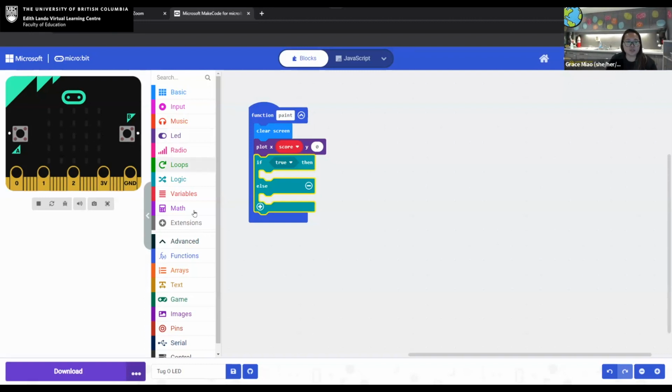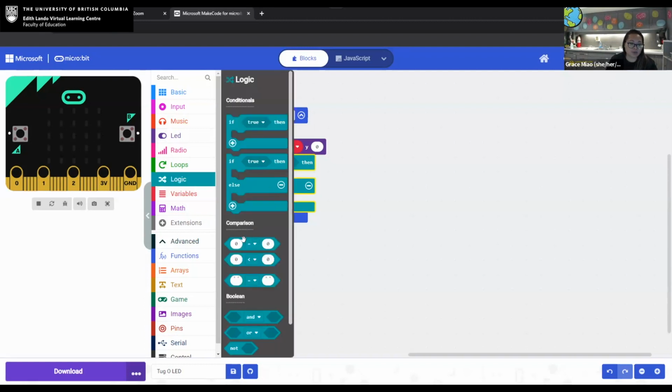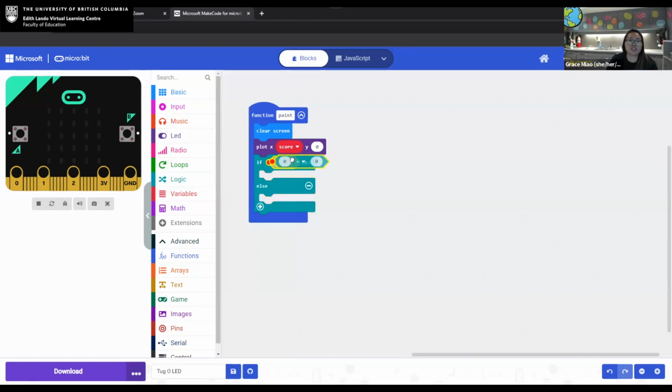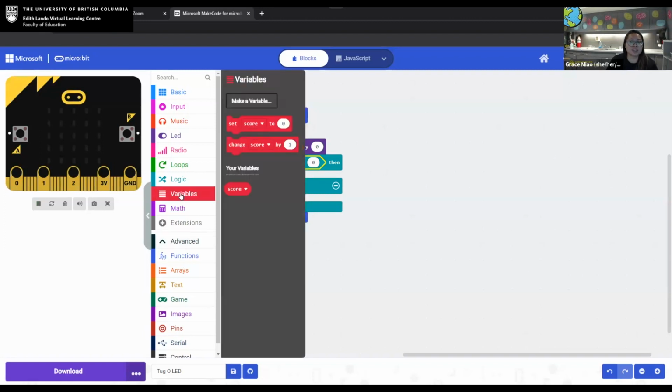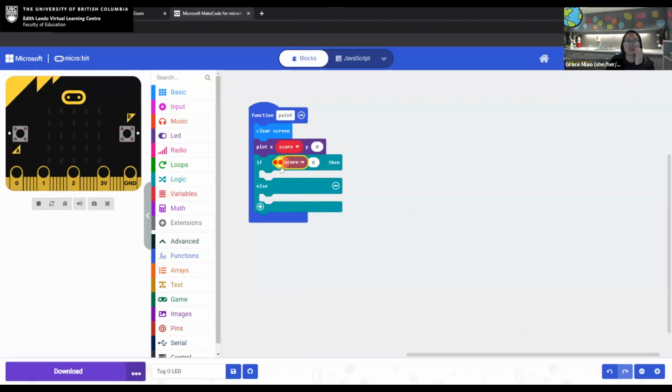So what we're going to do is we're going to go back into logic and grab one of these comparison blocks. 0 equals to 0. So drag that and it should fit right into there. Notice that this shape, this kind of diamond shape, fits in perfectly right there. Just snap that in. So right now you have if 0 equals to 0. We're going to change it to if score. So go back to your variable, drag score out into the first part. So if the score is,